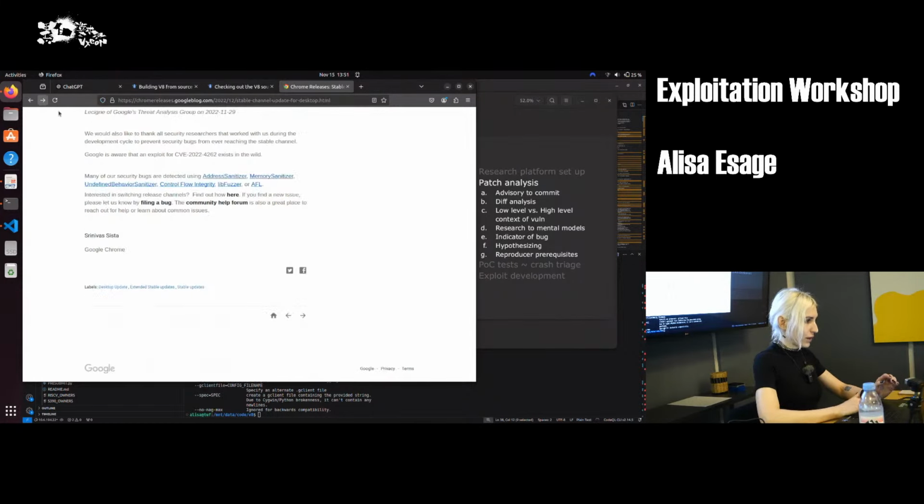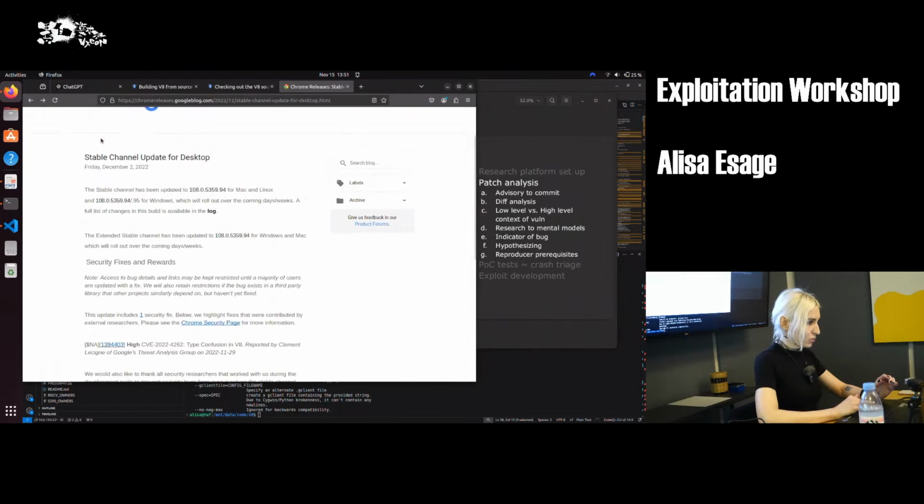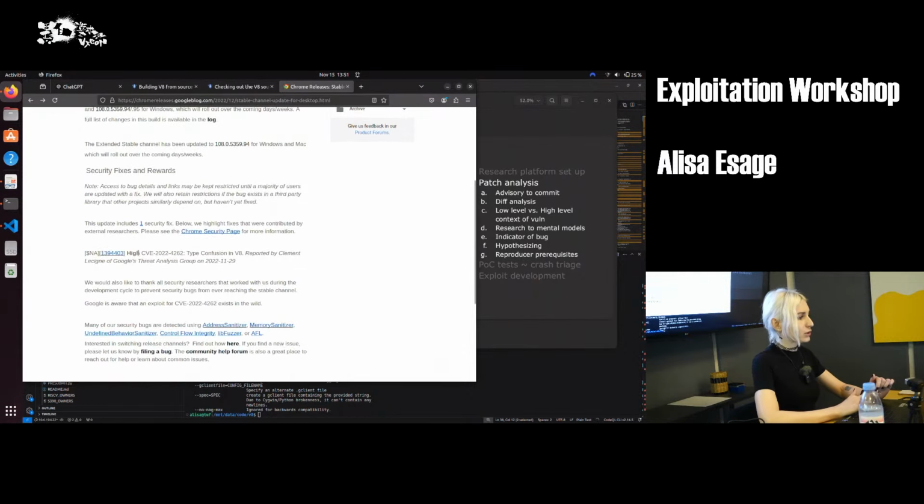I'm going to go back to this specific vulnerability. It was a 0-day attacked in the end of 2022, around November. It was exploited in the wild. It was caught by Clement Lecigne of Google's Threat Analysis Group. This issue was created. Initially, when I analyzed this vulnerability, the issue was closed. So we need to